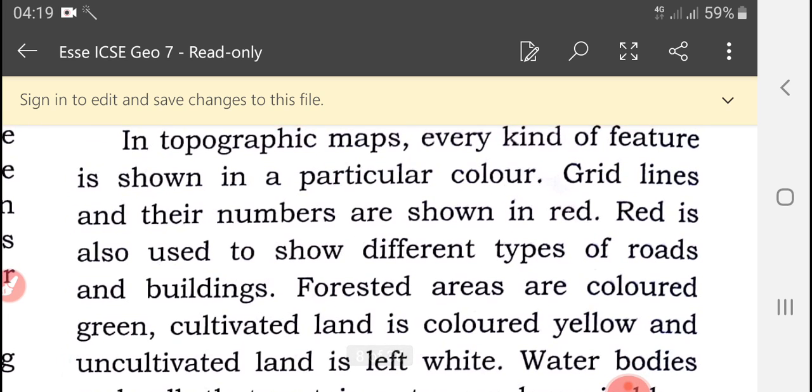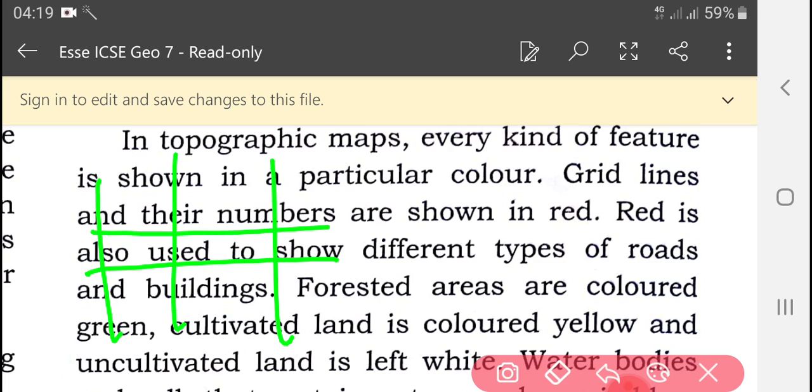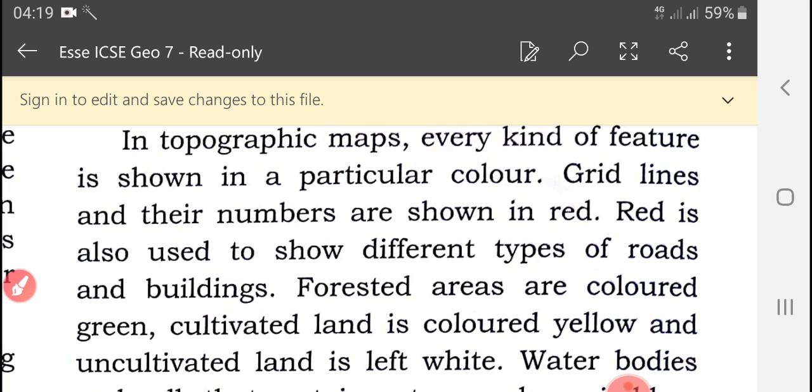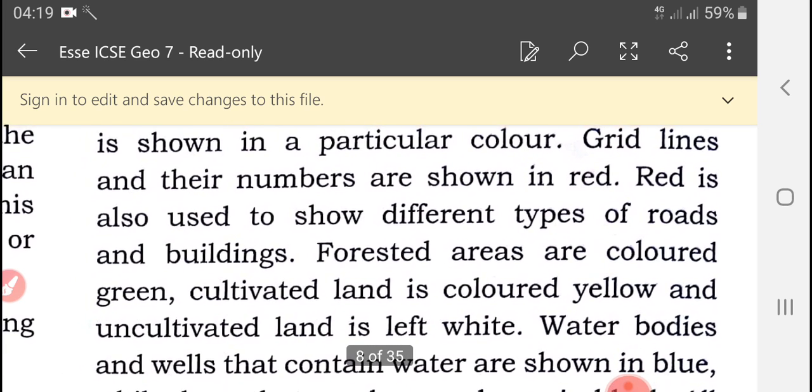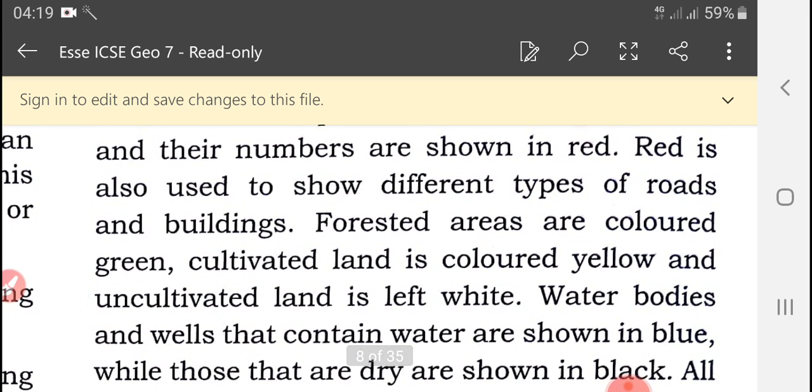Grid color, okay, we know some of the lines, eastings, northings, and these lines are in red color. The same red color is used for roads and other roads and buildings.